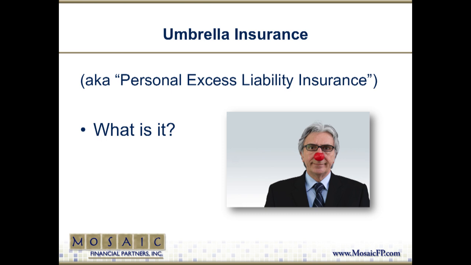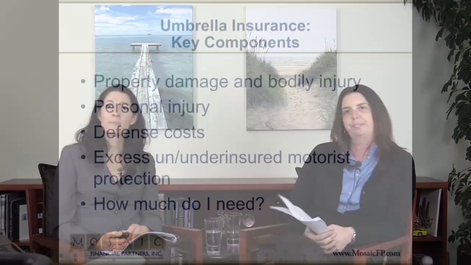Well, it's basically an additional layer of liability coverage that would sit on top of your underlying exposure. In this case, what we're talking about today would cover above and beyond your auto policy or your homeowner's policy. Another would be watercraft, for example. So you'd have the underlying coverage on your individual policies, and then the umbrella coverage would be an additional layer to protect your assets on top of that. Hence the name umbrella insurance. Yes.